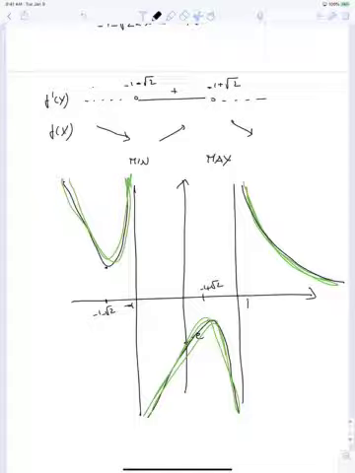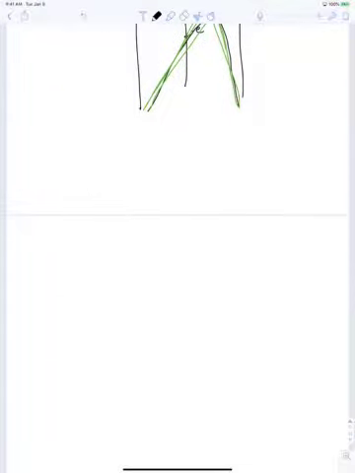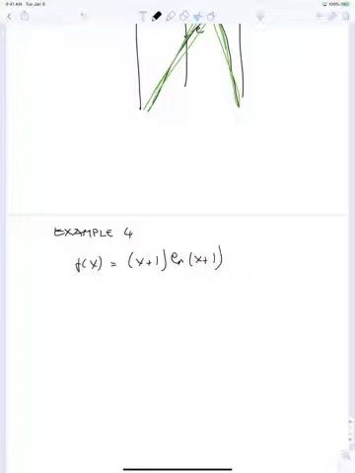Okay, I'm going to do quickly one more example. So this is example 4. f of x is equal to x plus 1 times the natural log of x plus 1, minus 2. Now the domain in this case